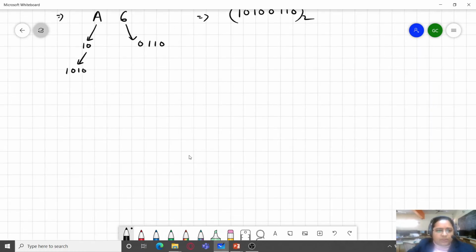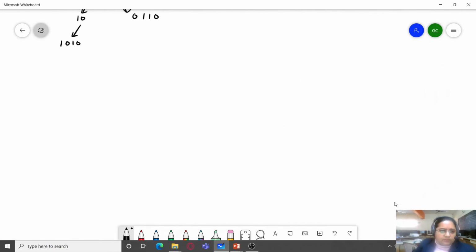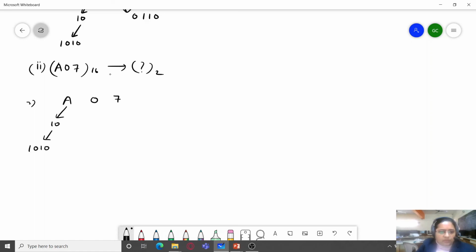Let's check it out for the next, the second question. A07. So we write the digits like this. A is 10, which can be written as 1010. 0 can be written in the form of 4 bits, and 7 is 0111. So our answer will be